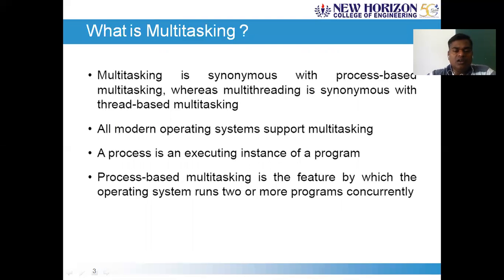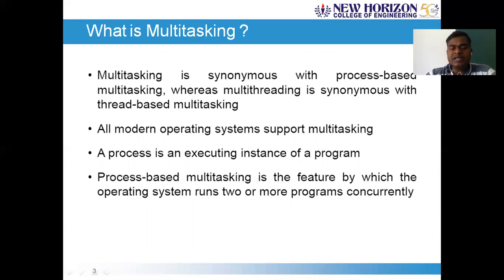And next, all our modern operating systems support multitasking. That's why we get better performance with modern operating systems. A process is an executing instance of a program.